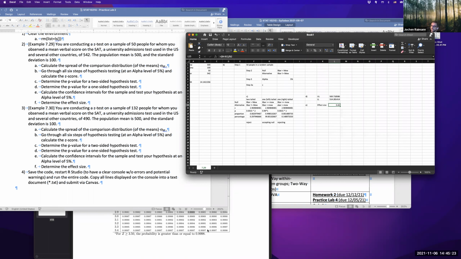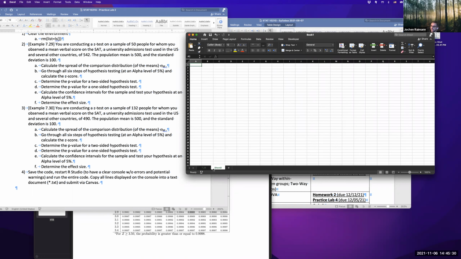Oh no, it's actually a small effect size. So, and this is 7.29. So now 7.3